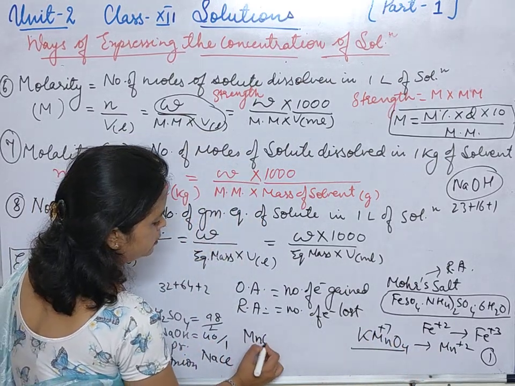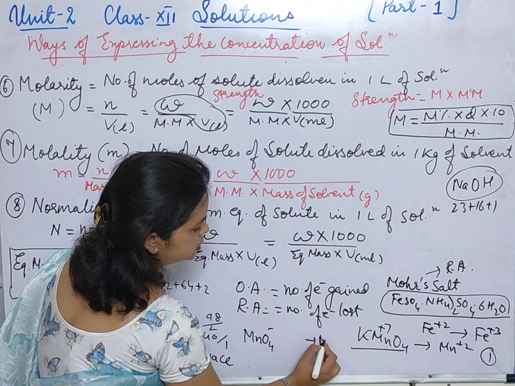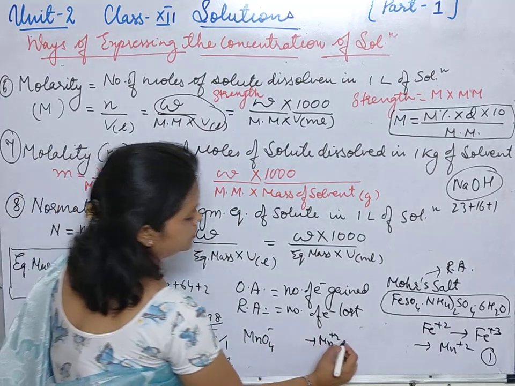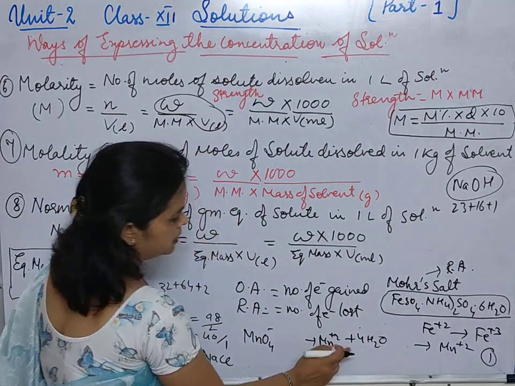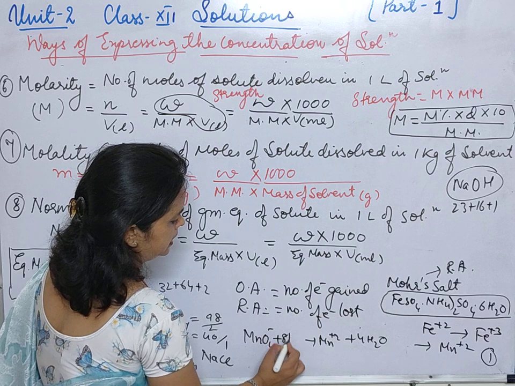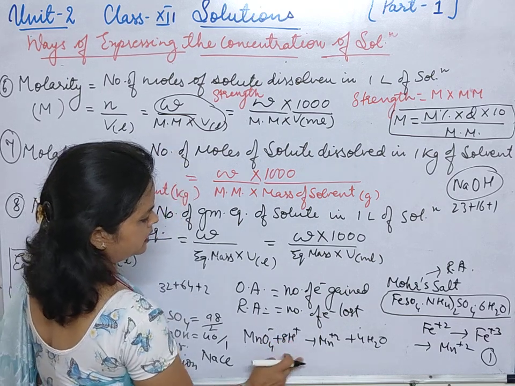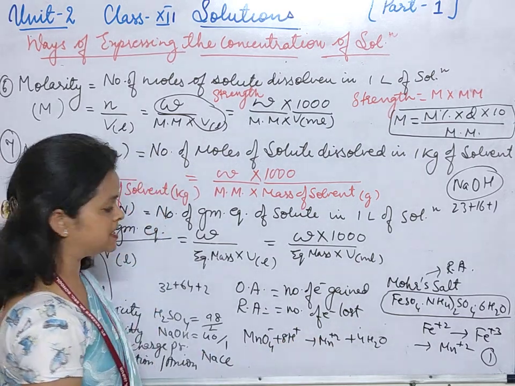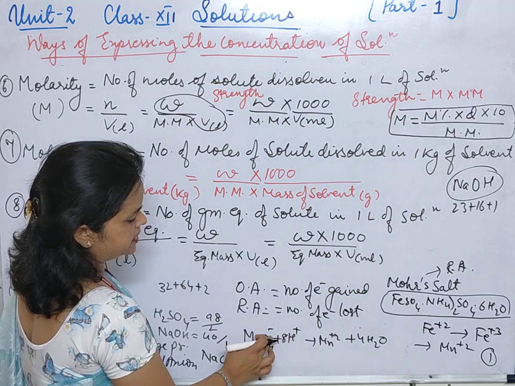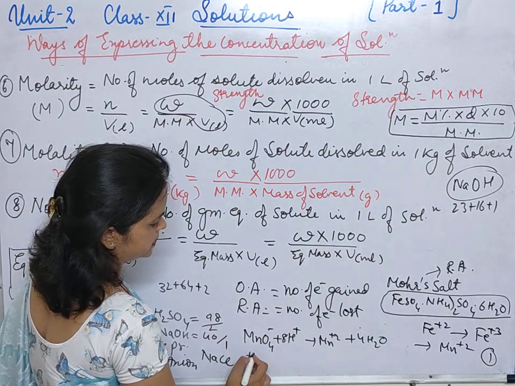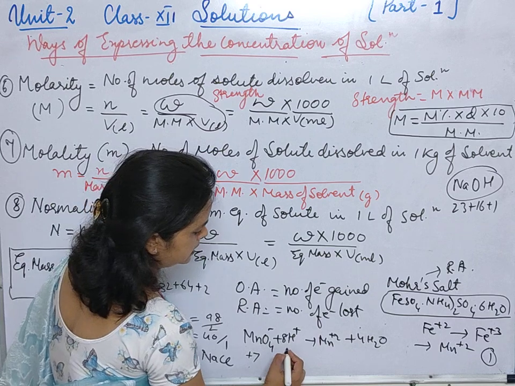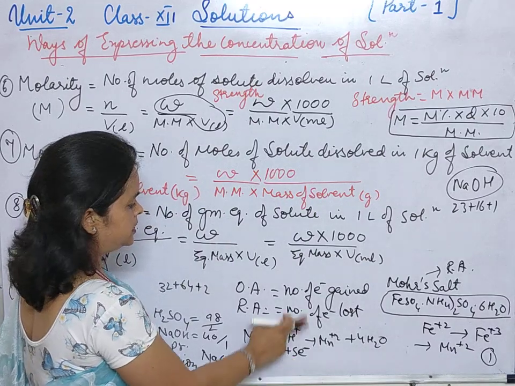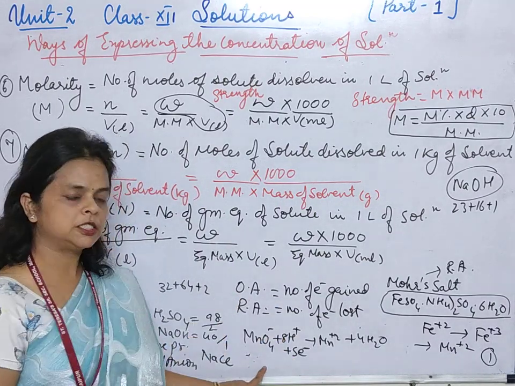How we will do it, MnO4 minus when it converts into Mn+2. 4 ऑक्सीजन है तो हम यहाँ पे 4H2O कर देंगे. 4 into 2, 8, तो यहाँ पे 8H+. ठीक है. अब Mn बैलेंस है, ऑक्सीजन बैलेंस हो गया, हाइड्रोजन बैलेंस हो गया. चार्ज बैलेंस कर देते हैं. यहाँ पे हमारे +8 -1 है, यहाँ पे +7 और यहाँ पे +2 है. सो हम यहाँ पे +5 इलेक्ट्रॉन्स add करेंगे. So what we are saying, addition of electron, that means this is an oxidizing agent, reduction has taken place.